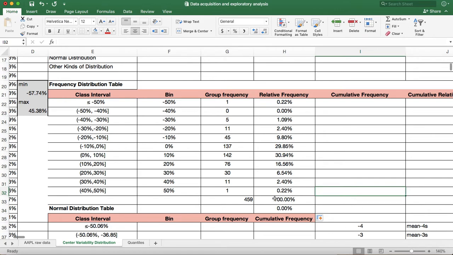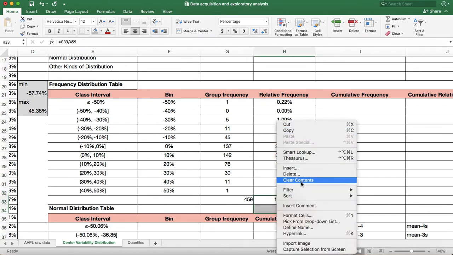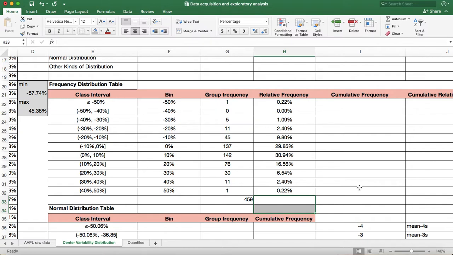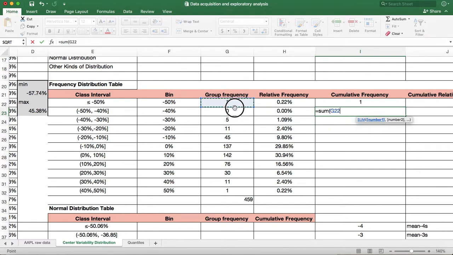Oh, that's too much. This is relative frequency. Cumulative frequency is adding up the previous frequency. For the first line in this data table, we only have 1. The second row, sum these two,